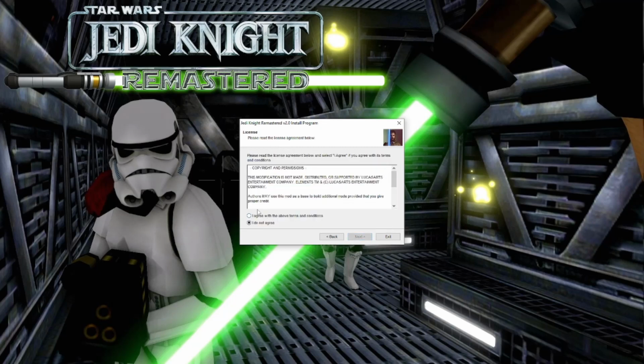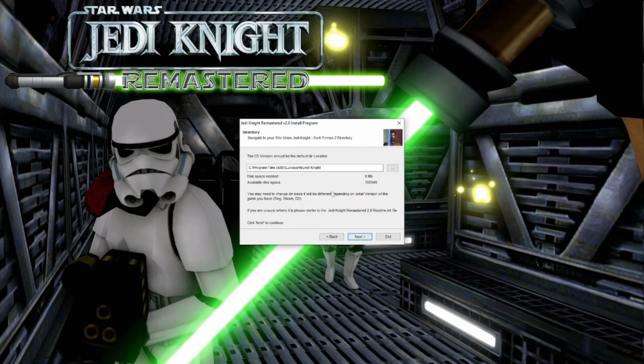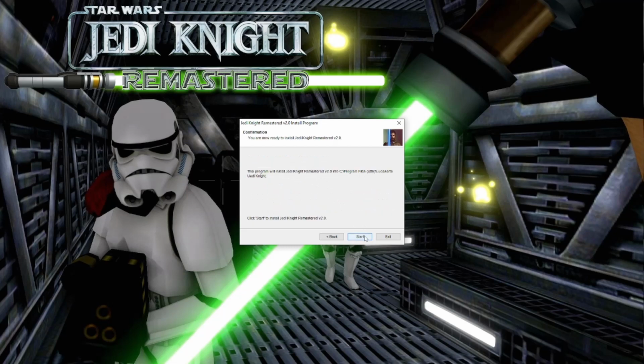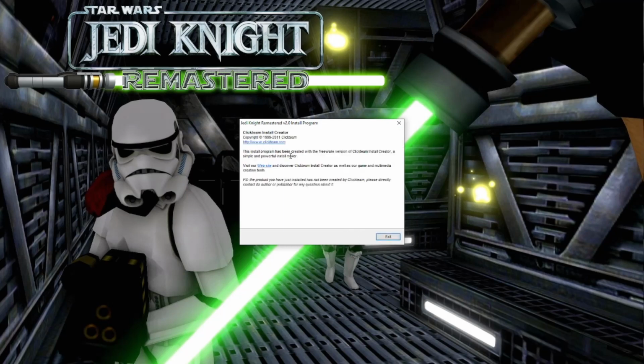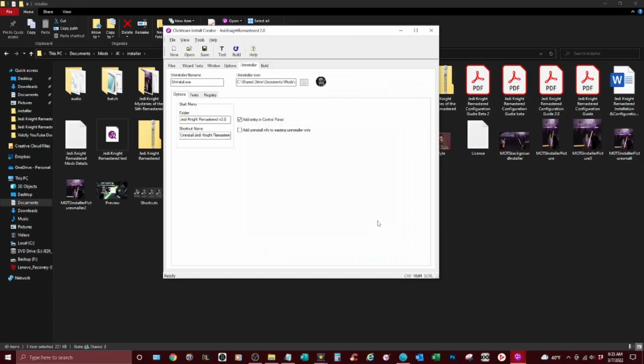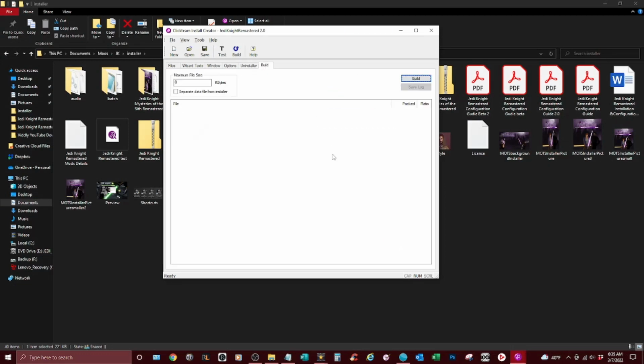That's neat. Do you agree to the license agreement? Yes. Do you want to install at LucasArts? Sure. It's going to install. Looks good. You successfully installed. Next. Creator installer advertisement. Exit. And it should launch the configuration guide, but I don't think they're going to do that on the test, so I guess we'll have to test it out for real